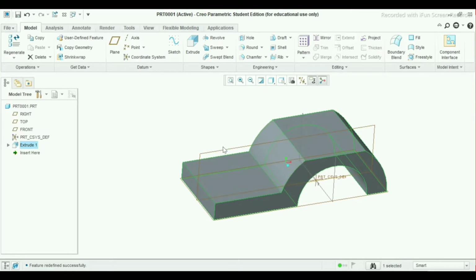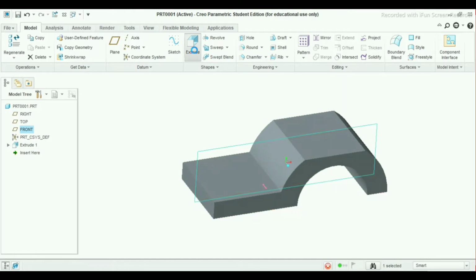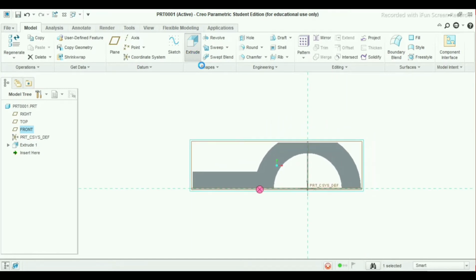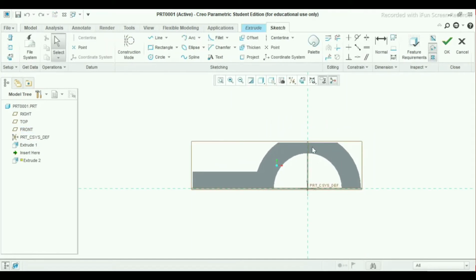Now select this front plane again, extrude. Take project lines. Select this arc and this. Take close. Draw a line here. Take the line command.